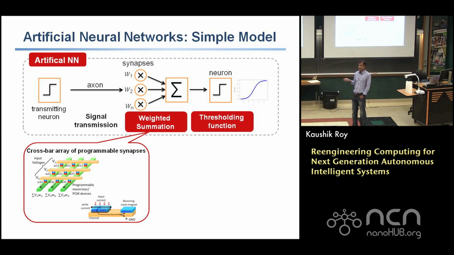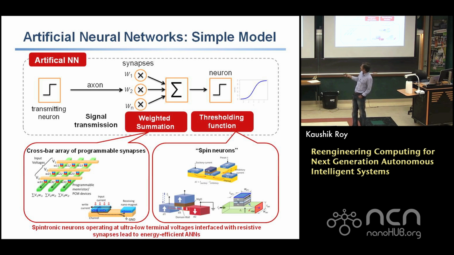So there are different kinds of devices. Remember I talked about a magnetic device earlier? That can be placed right here. Can I do something else? How about the thresholding function? I showed earlier that for the neurons, if you need to do that with a CMOS technology, you need several devices. But it turns out some of these magnetic devices can directly mimic this operation. This may not be the best operation that I talked about. This is like a perceptron kind of hard thresholding I mentioned. That may not be the best. It turns out that you can do something a little bit different, which is like a sigmoid function. And the sigmoid can also be done using these devices.